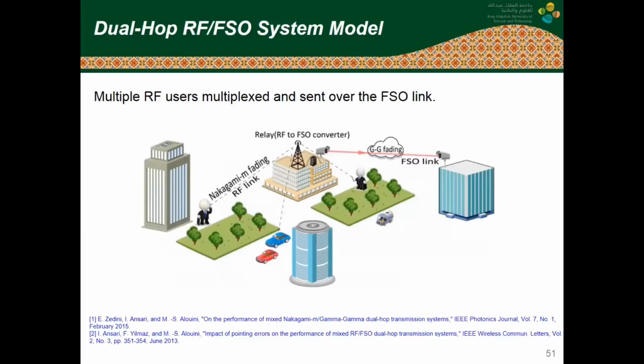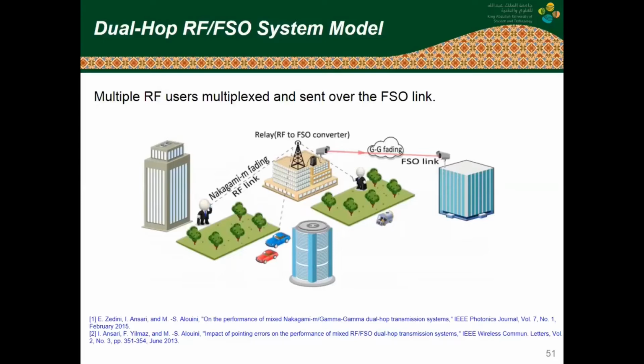It is here to be integrated with the rest of the ecosystem, which is in particular the case in the context of backhauling. For instance, you may find yourself in a scenario where you have to connect two end devices through free space optic links, but one of these devices acts as a multiplexer or an integrator of multiple RF links, so you have multiple RF users being multiplexed, and each user can be, let's say, 1 megabit per second. You multiplex 100 of these users, you end up with a backhaul of 100 megabit